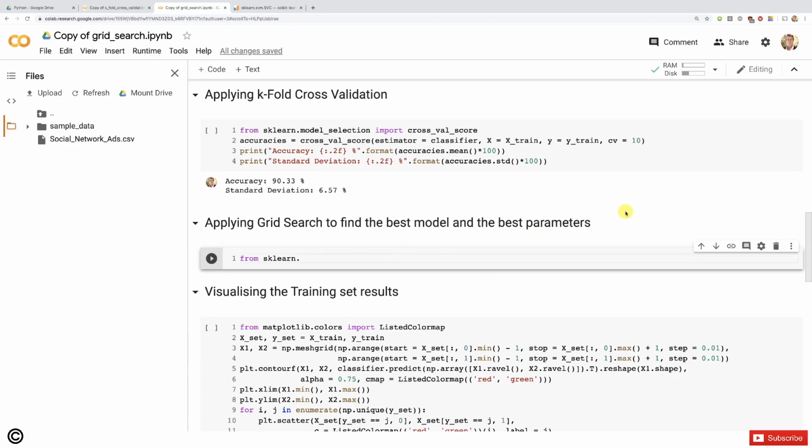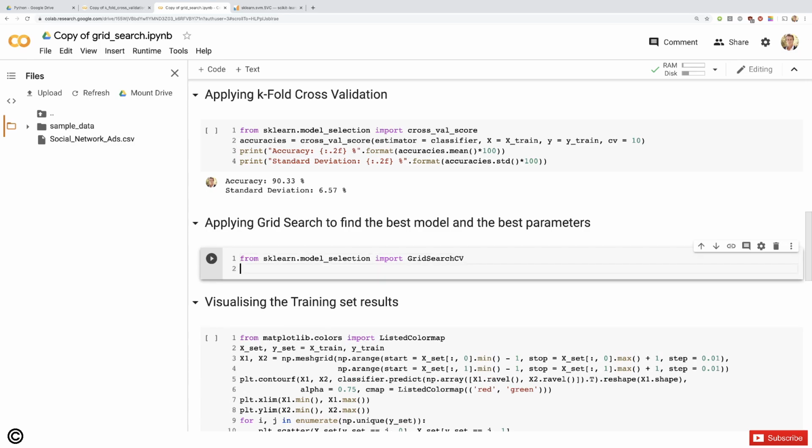So we're going to start from Scikit-Learn and then, same as before, get access to the model selection module, from which we're going to import this time a class, which is the GridSearchCV class. There we go. Okay, and now, already in the next step, we're going to enter the different combinations of parameters